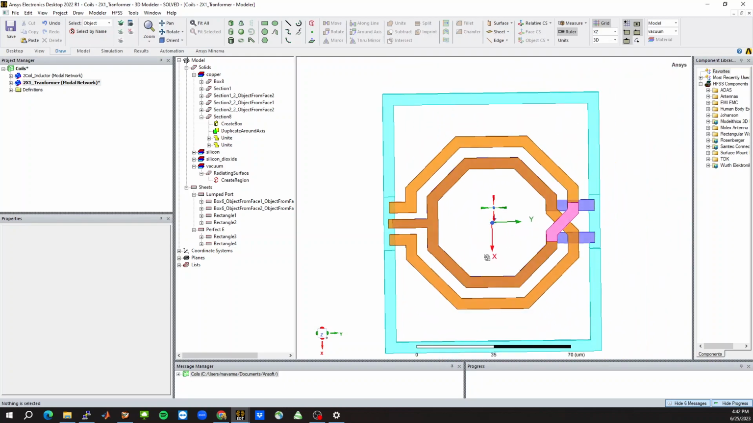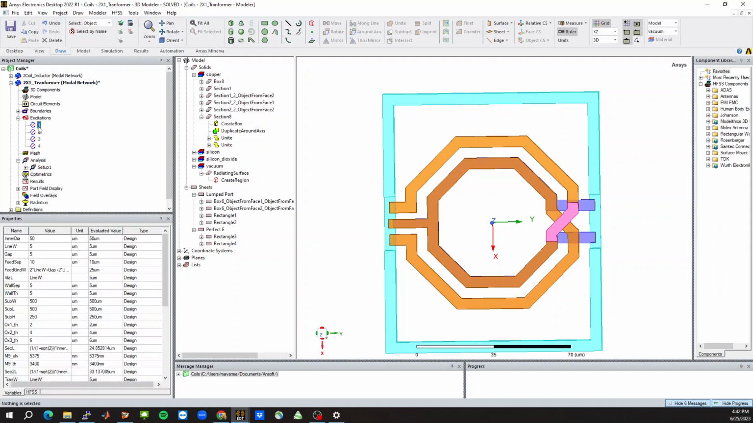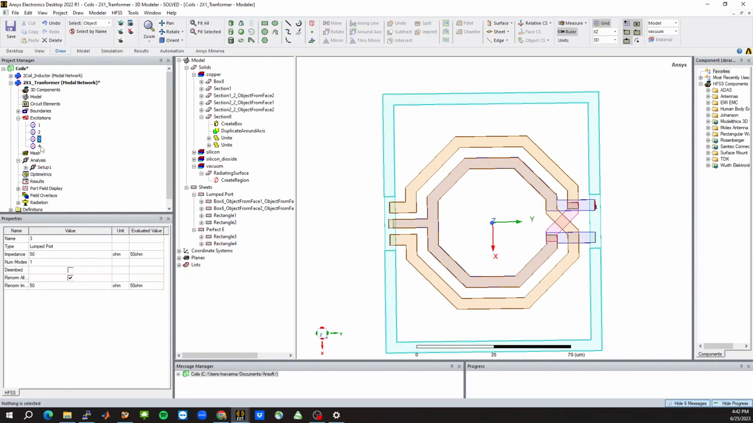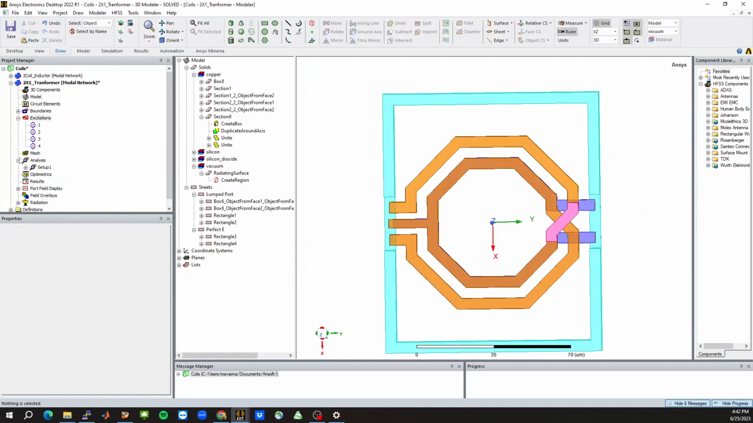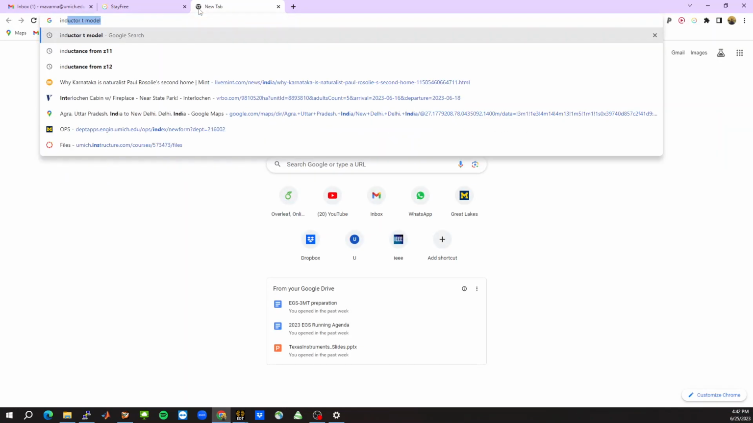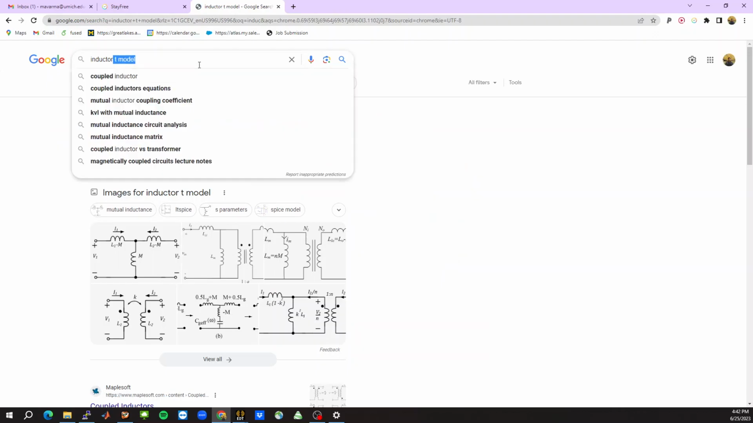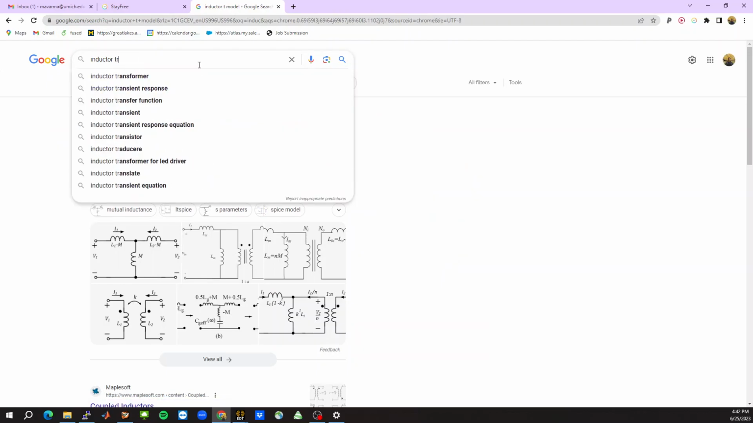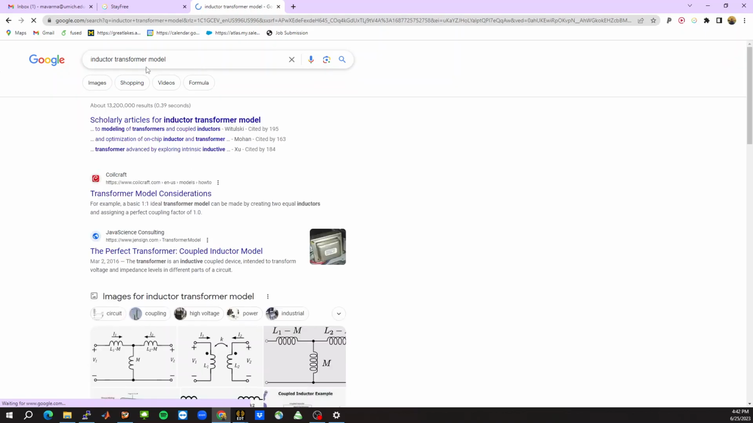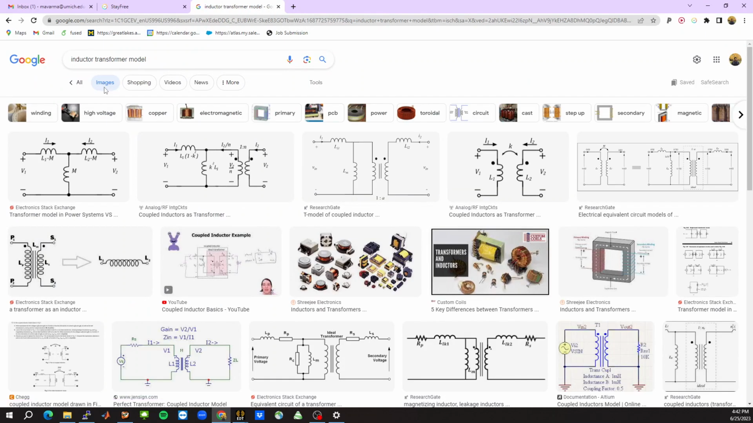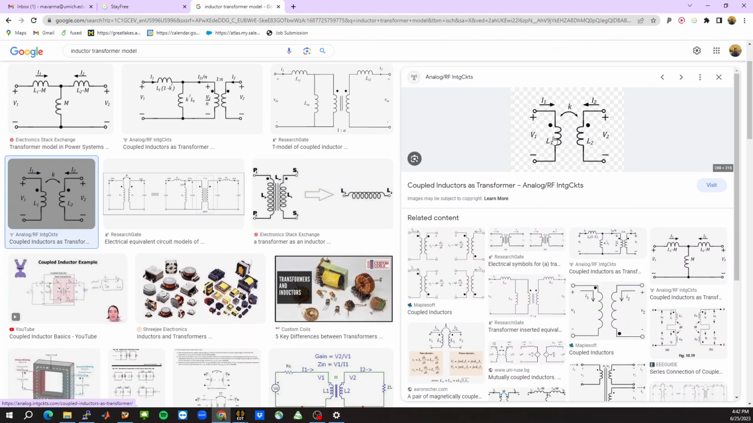Okay, so then the next thing I did was that I just ran the simulation. So you can see that there are 4 ports, 1, 2, 3, 4. I ran the simulation and I exported the S parameter file. So we want to see how we can extract the model values. If we go and say, for example, inductor transformer model, so this model. If you want to find out from this transformer what is the value of L1, L2, K, and also the quality factor of L1 and L2,